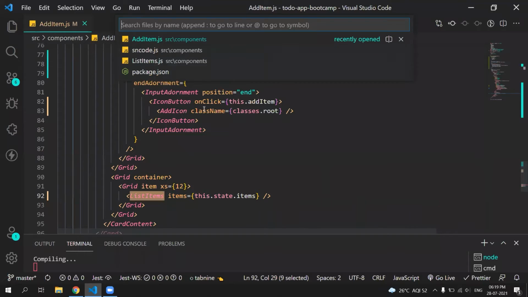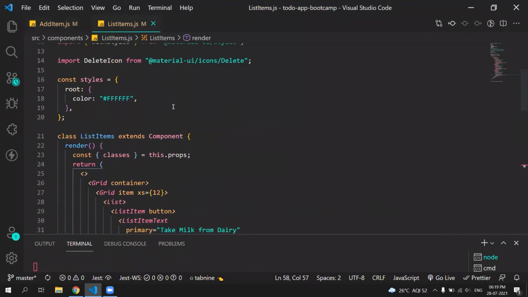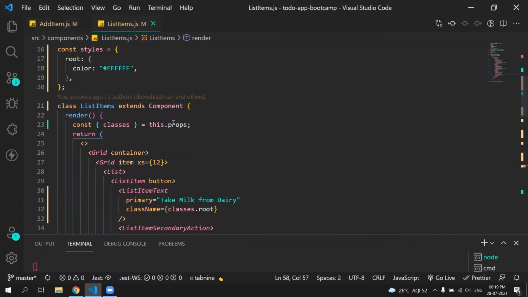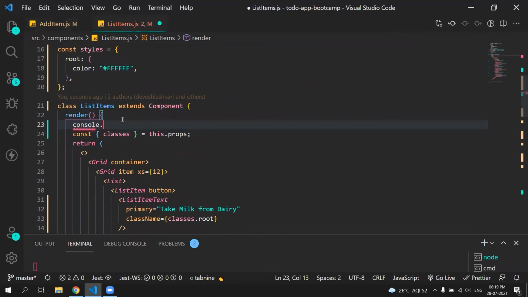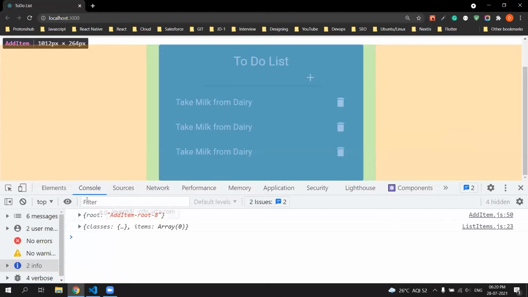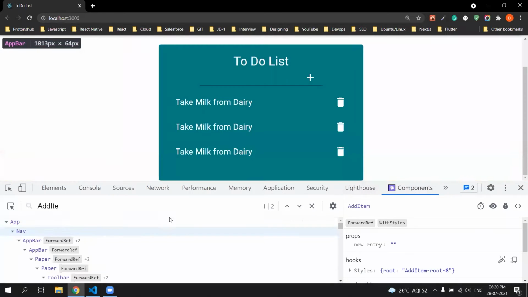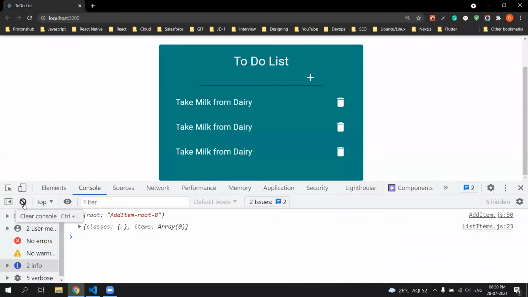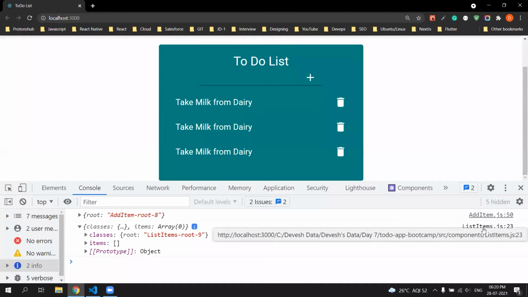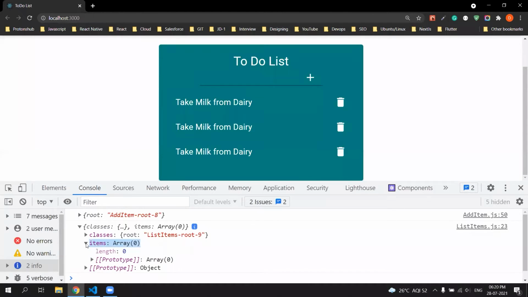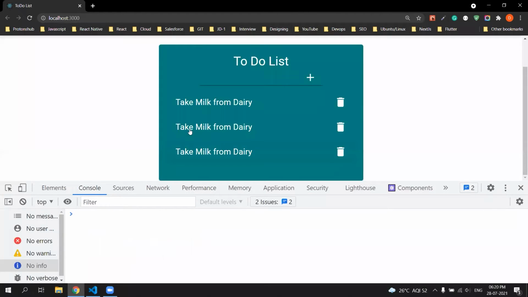Now let's go to list items and console log the props first. Console dot log this dot props. If we have console logged in our list items, we are getting items as an array and it is blank since we haven't added anything.